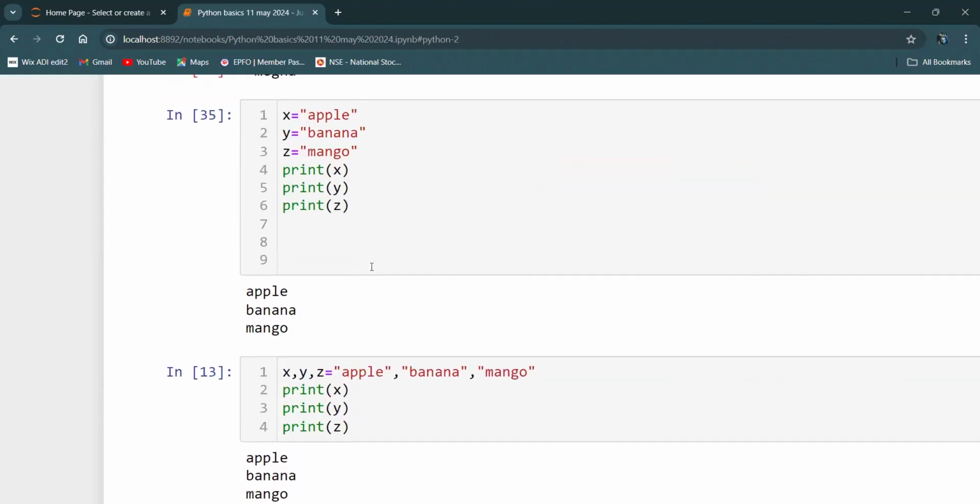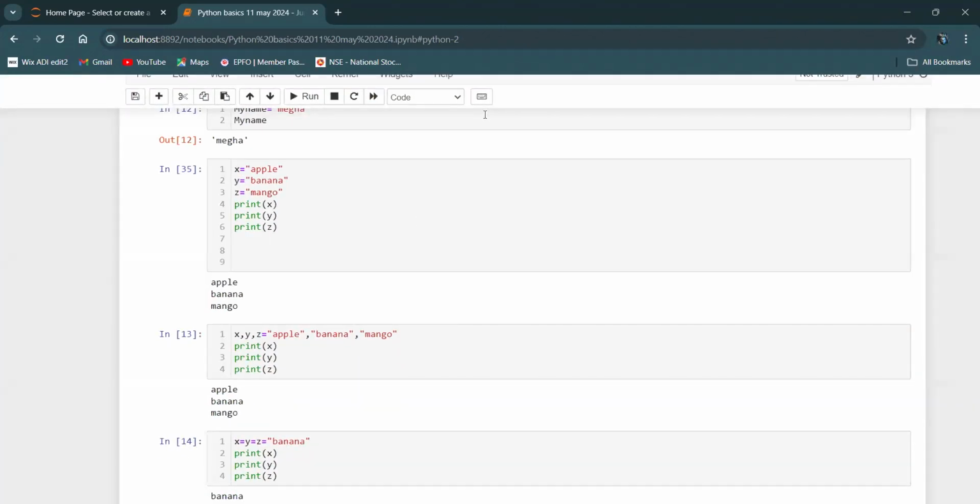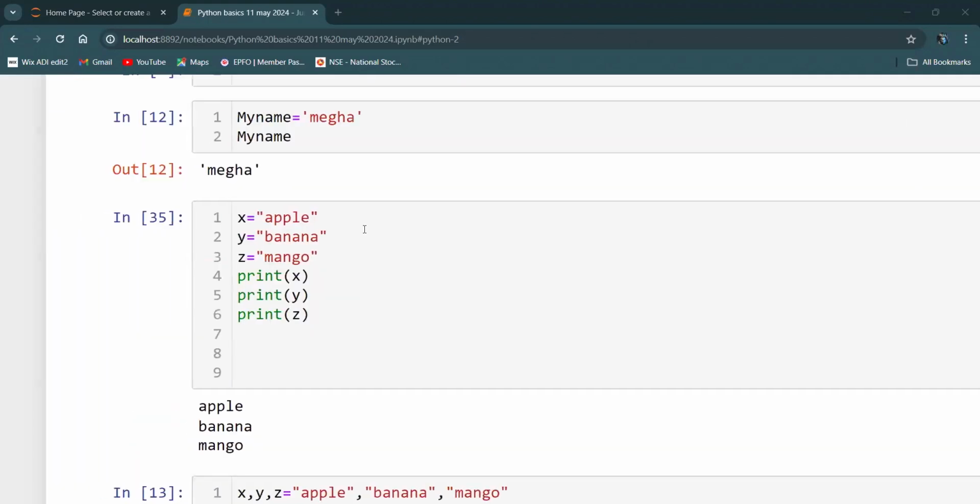Excuse me, ma'am. You have fully zoomed the screen, ma'am, so we are not able to see the content. Can you see this now? Is it visible now? No, ma'am. No, it is visible. I can see the screen. I think you zoomed in. Yes, ma'am, we can see your screen. Can you check it once from your end? Yeah, ma'am. Sorry. Okay. Yes, no problem. So you can see here, I have